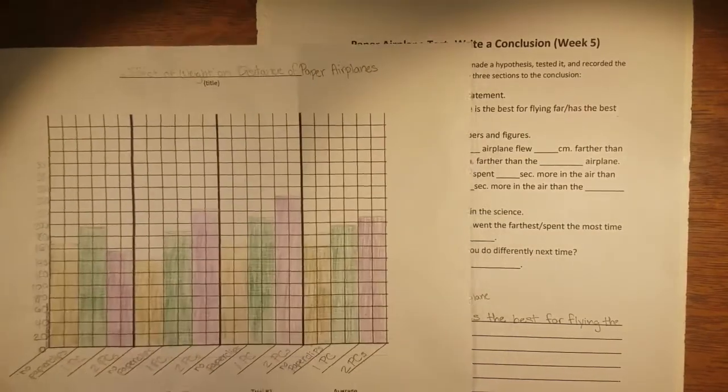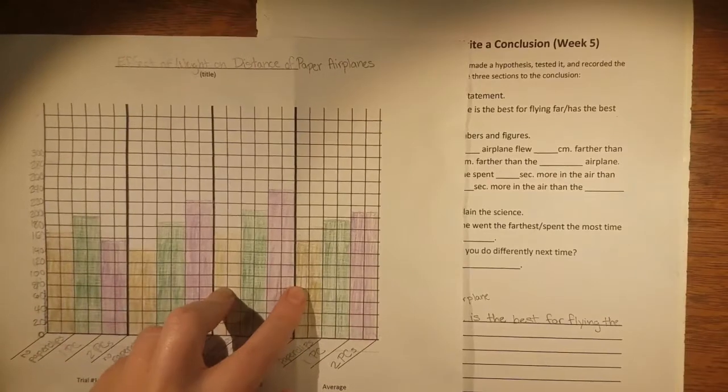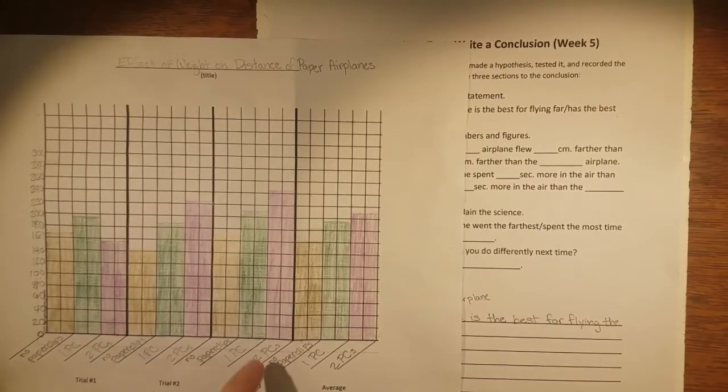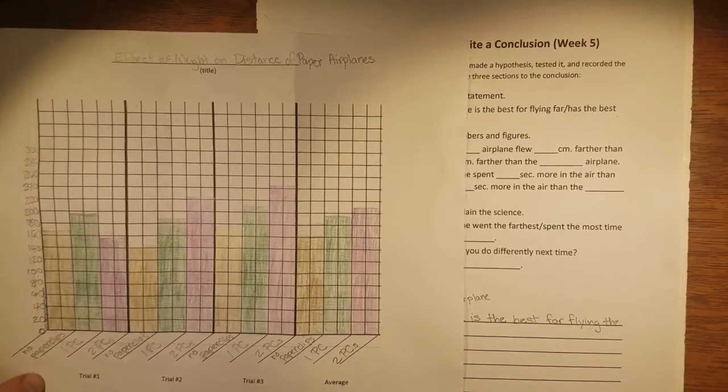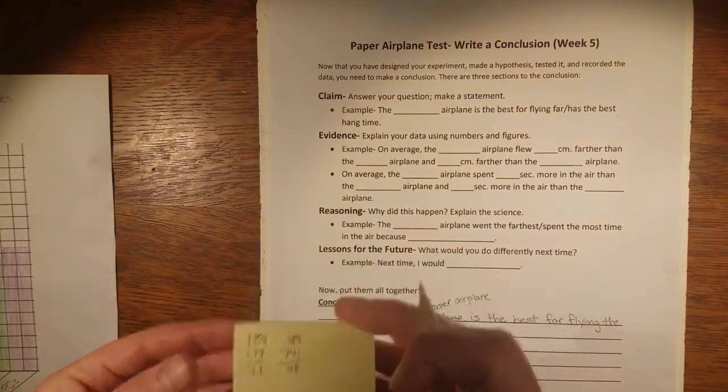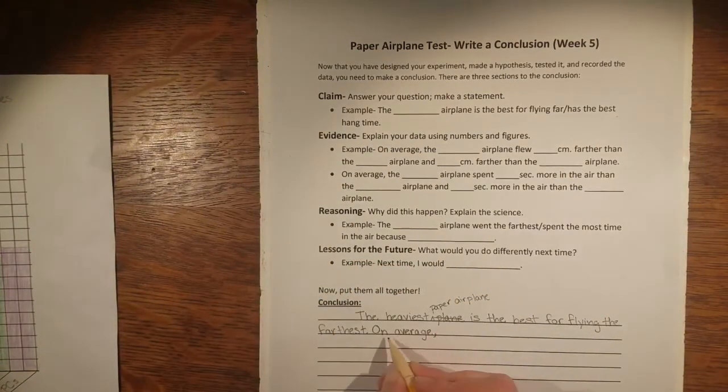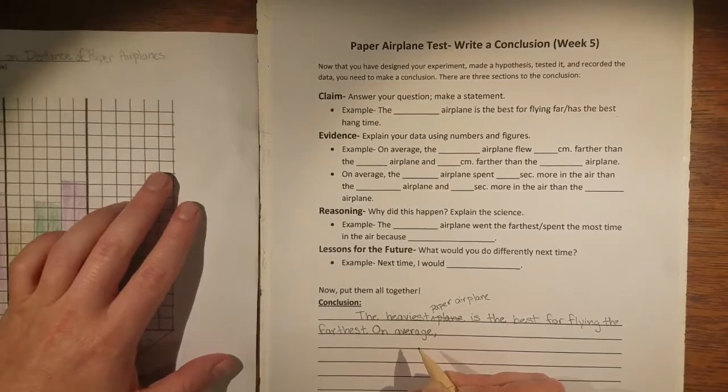You can say 2 out of the 3 times the paper airplane with 2 paper clips went the farthest compared to the rest of the time. You can go into as much detail as you would like. I'm giving you a simpler form, and that's okay too. So I did my little math on my Post-its here. So on average, and I will keep this over here so you can see it,